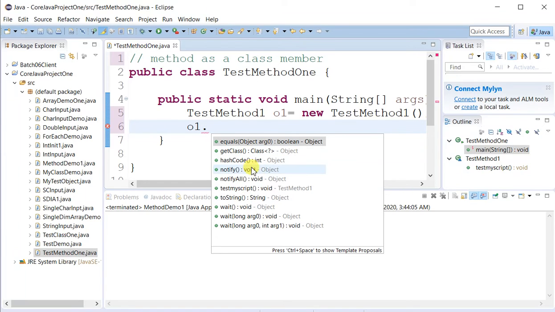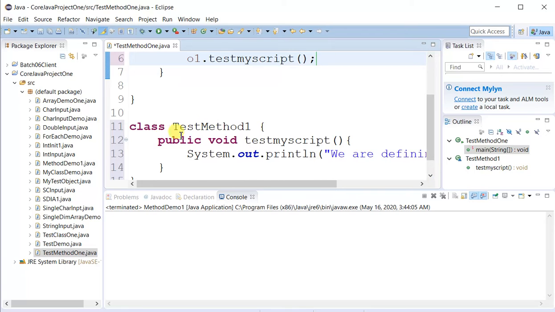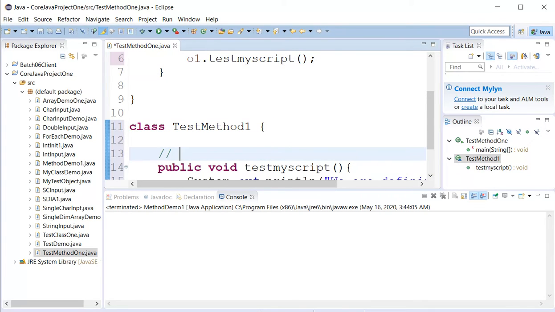Now let us check whether my method is there or not. Test my script method. Why is it displaying over here? Because o1 is the object for test method 1. Inside test method 1 we defined the test my script method. That is why I can access it and call it over here through the object. This is a non-static method.